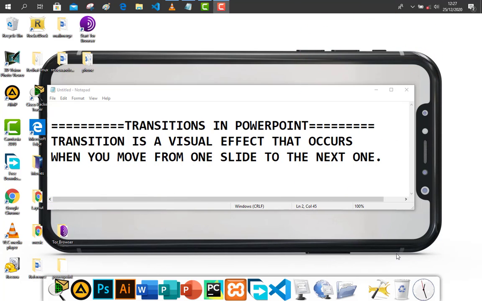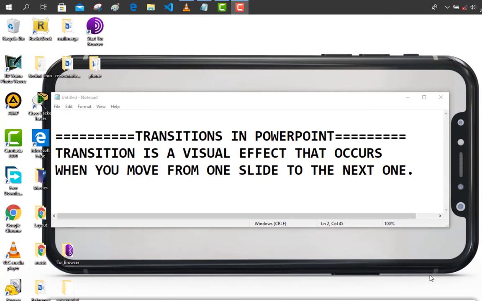So today I will be taking you guys through transitions in PowerPoint. By definition, a transition is a visual effect that occurs when you move from one slide to the next one in a presentation. So let me take you guys through